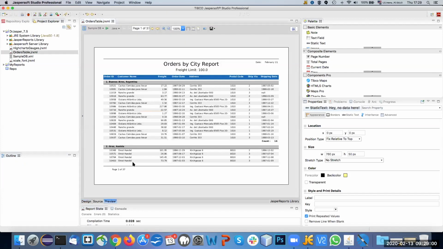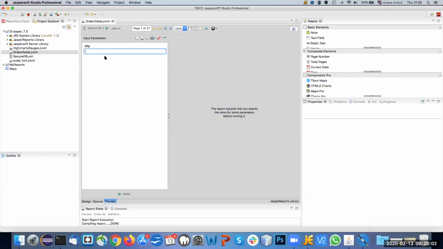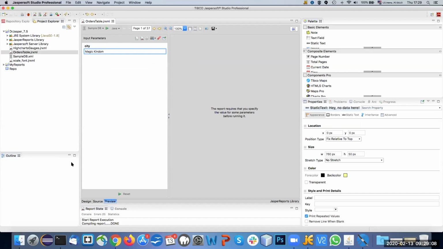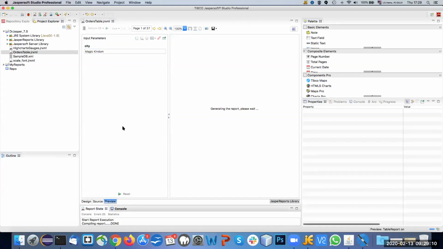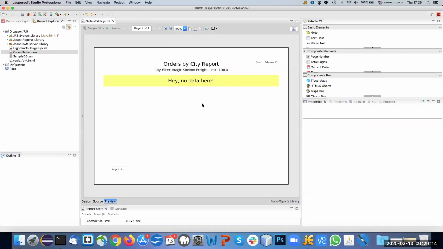Let's go to preview. And let's pretend to have a city called Magic Kingdom and run this report. There is actually no such city, so the table will be empty, and instead of an empty table, I can see now my new cell here. All right,